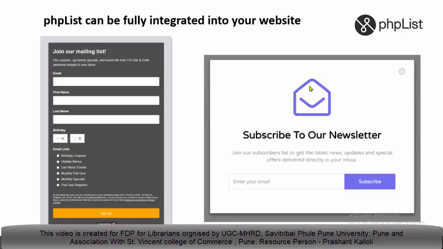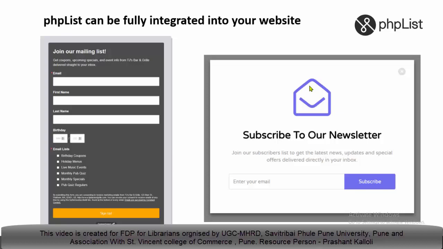PHPList can be fully integrated into your website. Yeah, we are seeing those features on so many websites. You can embed a mailing list subscription page on your website. It may be like join our mailing list, subscribe to our newsletter, such a type of website corner we can create to attract users to subscribe to the list.